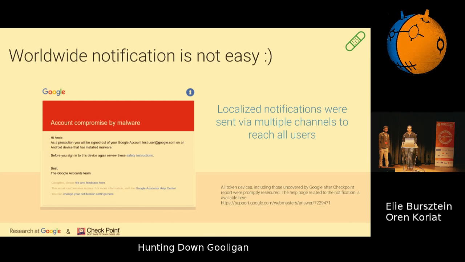One thing we want to point out, and that's very important for people who reach out to us, or if you reach out to any other big company, try to understand that when we try to notify our users, it's very difficult. When you have to warn 1 million people that they've been infected, you have to make sure A, it's in their language, and B, you're able to reach them. So reaching out to users is not that easy.